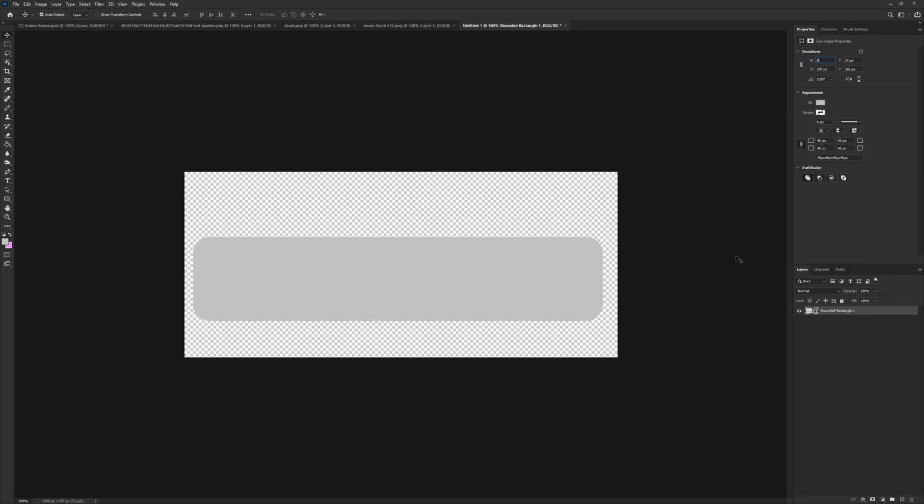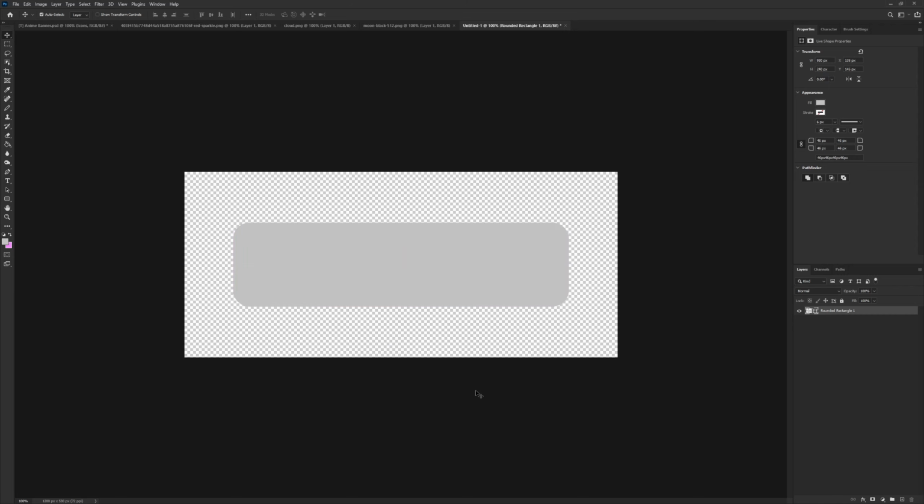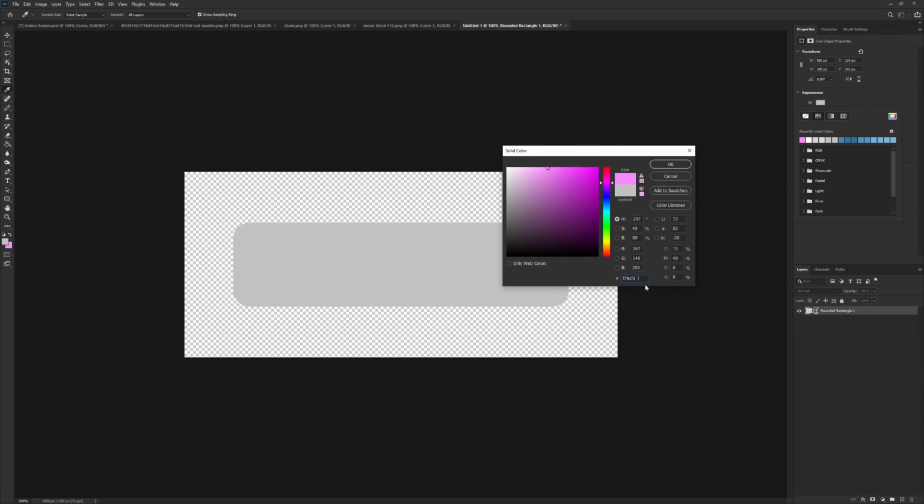The width, make sure it is staying at 930. Don't want that moving around. So hold shift and then just drag this around until it is centered. Perfect. Now the color we want to use for this one is going to be pink, and I have that color right here,